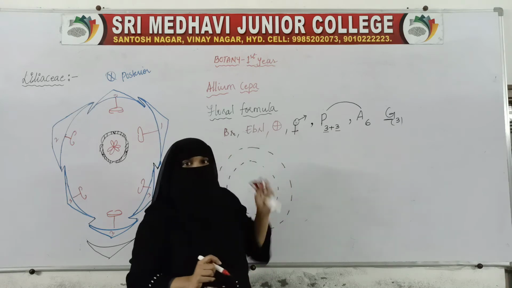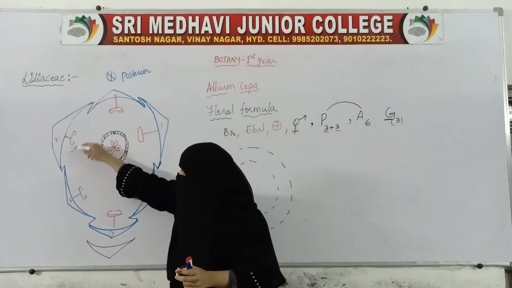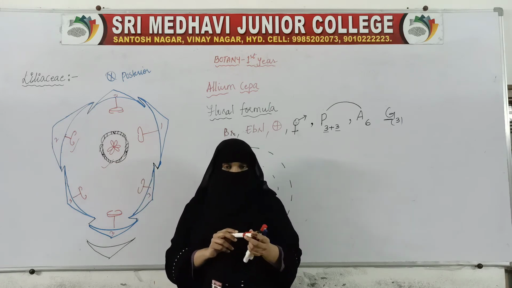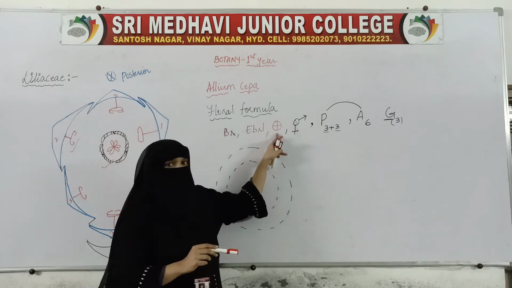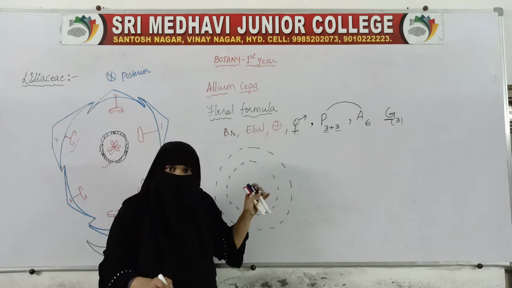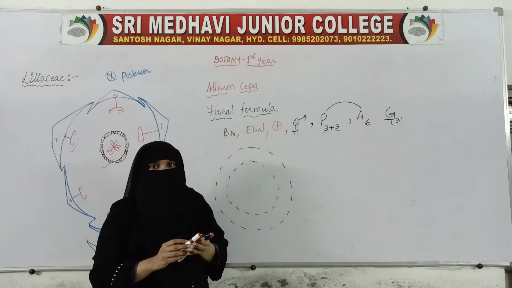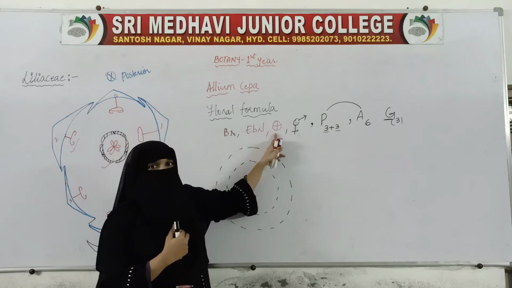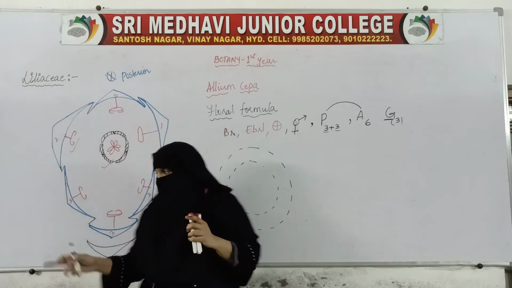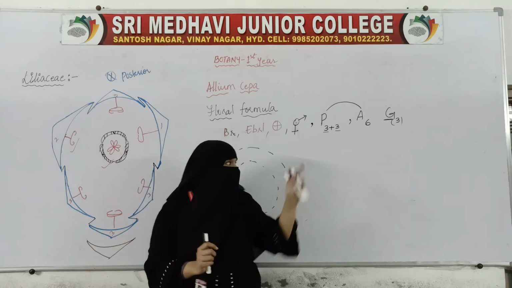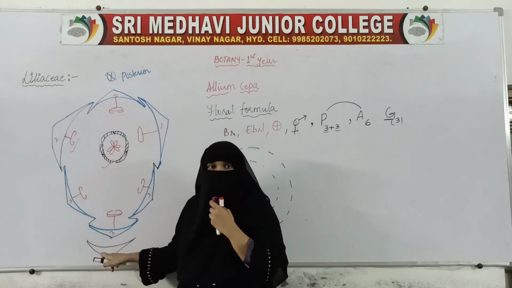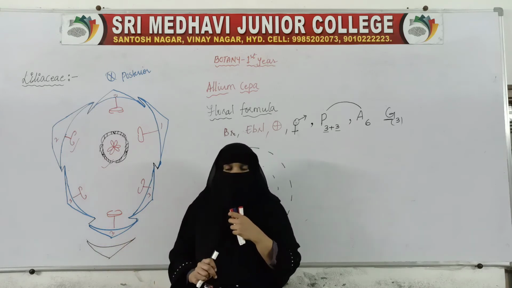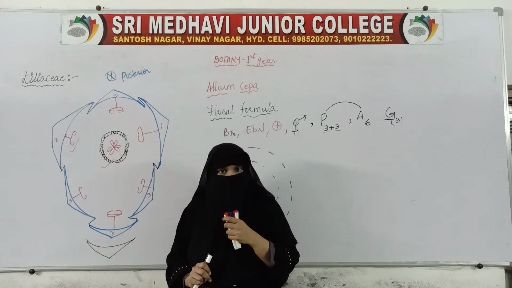Then this flower is bisexual, that is, androecium is present as well as pistil is also present. So it is a bisexual flower, and it is actinomorphic. You cut it in any division, you get the flower in 2 equal halves in any plane. So the flower is actinomorphic. There are no bracteoles, so that is why ebracteolate, and bract is seen. This is the bract. Bract will always be at the anterior side. So here at the anterior side we have the bract.